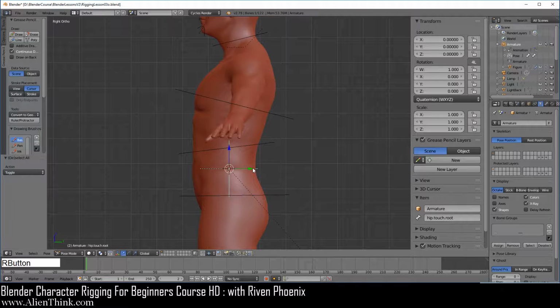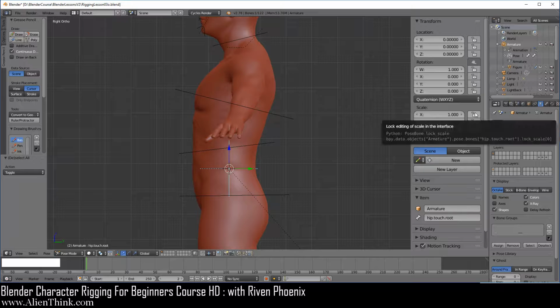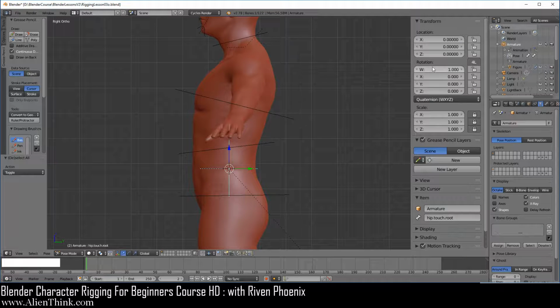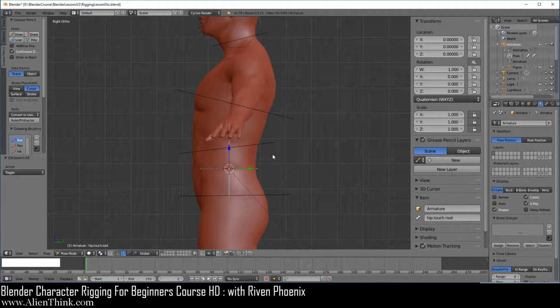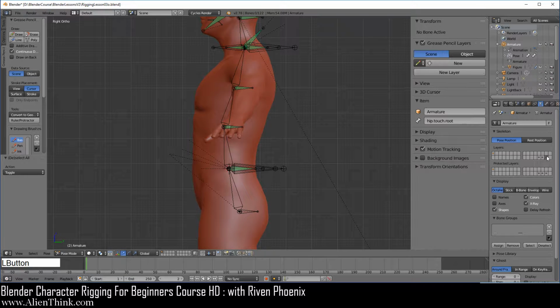And then here on the hip.touch.root, we definitely don't want them to change the scale, but I want them to be able to rotate the figure and change its location, right? We can press the G key and press the R key 2 times to just confirm this concept. Now let's go ahead and just go to the non-deformed bones over